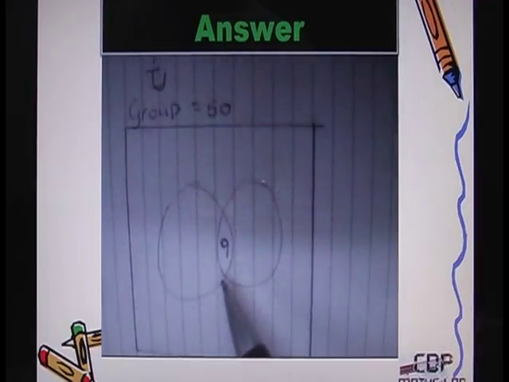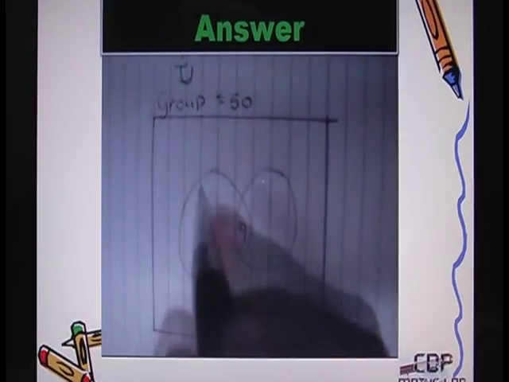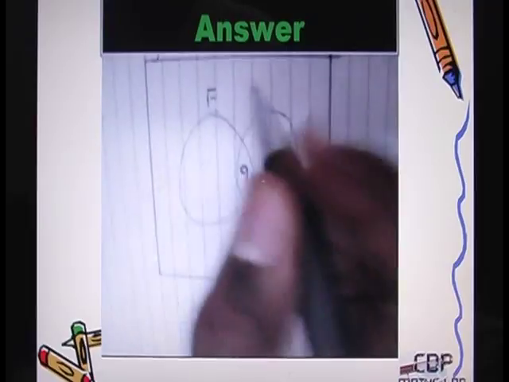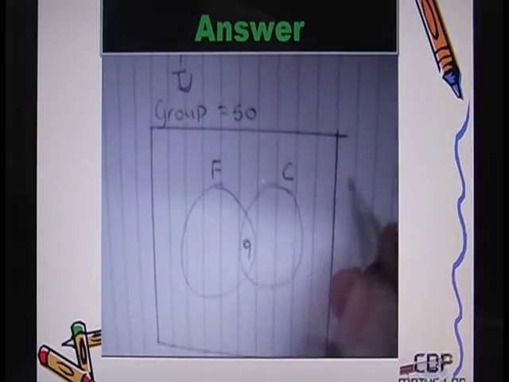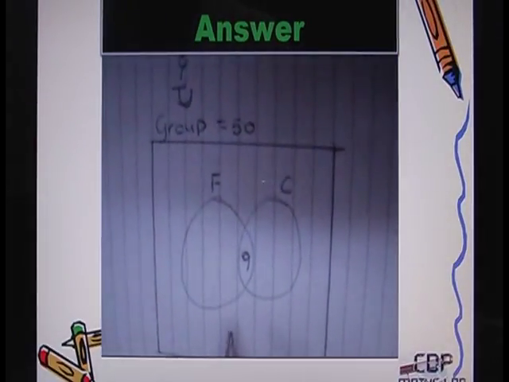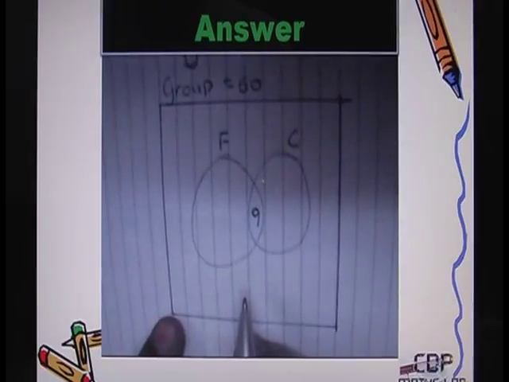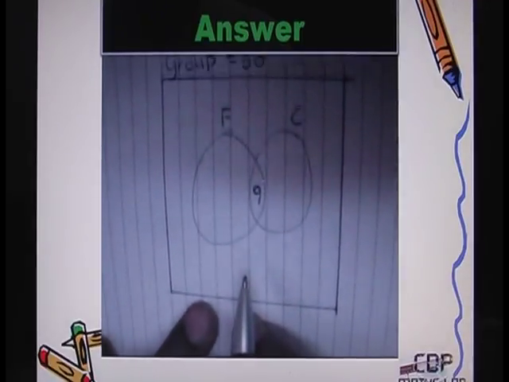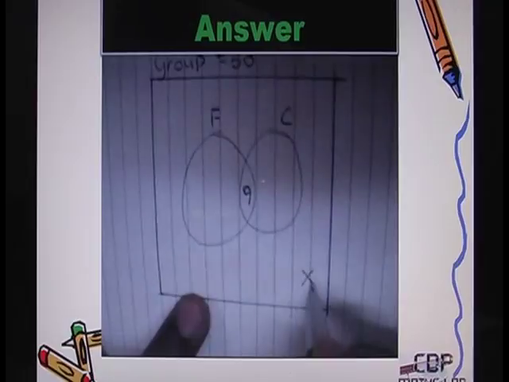Good. So what I'm doing is drawing pictures now to represent the information given to us. Now, it says 30 students played football. Let's call this football and call this what? Cricket. Good. Now note, X students played neither cricket nor football. So the X could come outside. Because this X tells